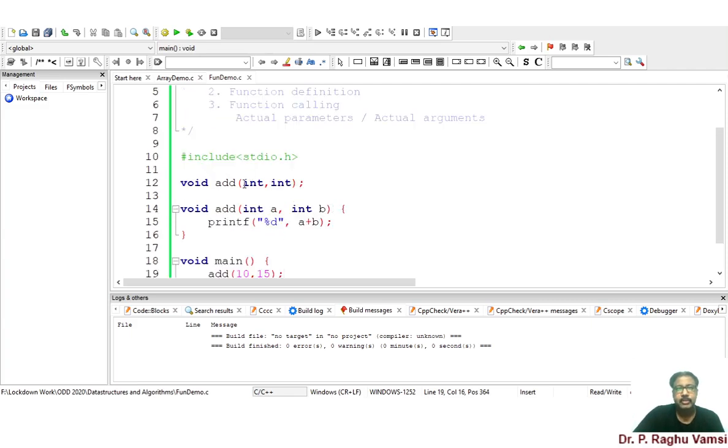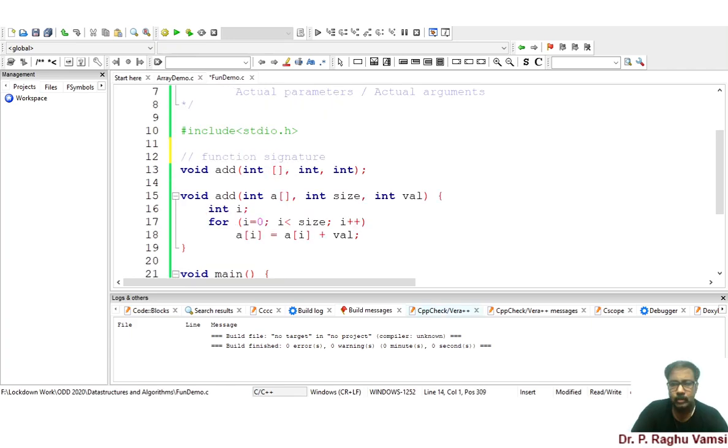So here so far we have seen only simple data types that you are going to include in this. Now I did some modification in this. For example, void add of int array. Previously we have passed simple values or simple parameters. Now what I'm going to do is I want to pass an array. So that is the reason we are supposed to place it like this during function declaration. It means that some array is going to be passed in.